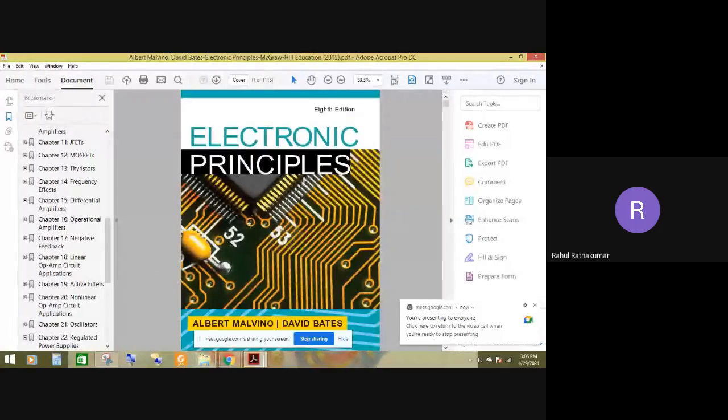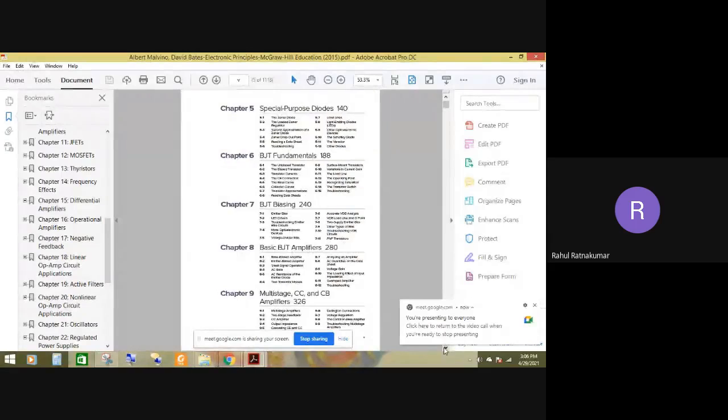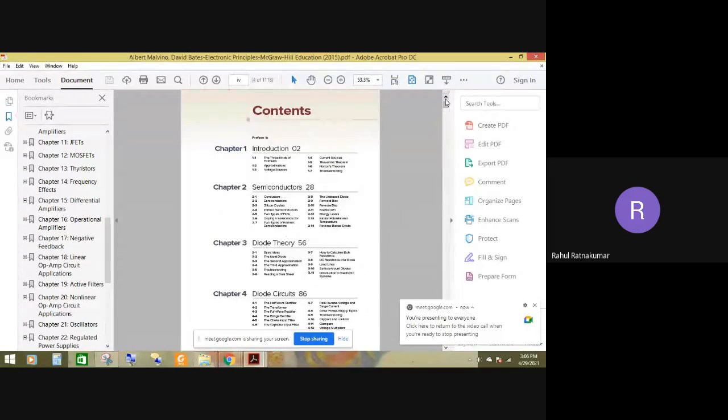This book starts from the basics, with no prerequisite. The first chapter starts from what voltage sources are, what current sources are, Thevenin, Norton, Kirchhoff, all those theorems, whatever you need in circuit analysis. Analog circuits, diode, transistor is just starting. So you can read the introduction and the second chapter also.